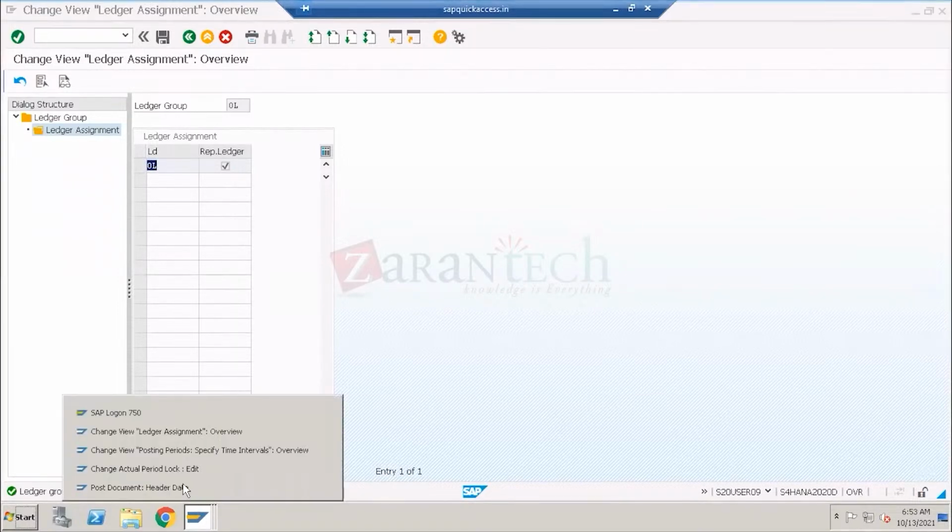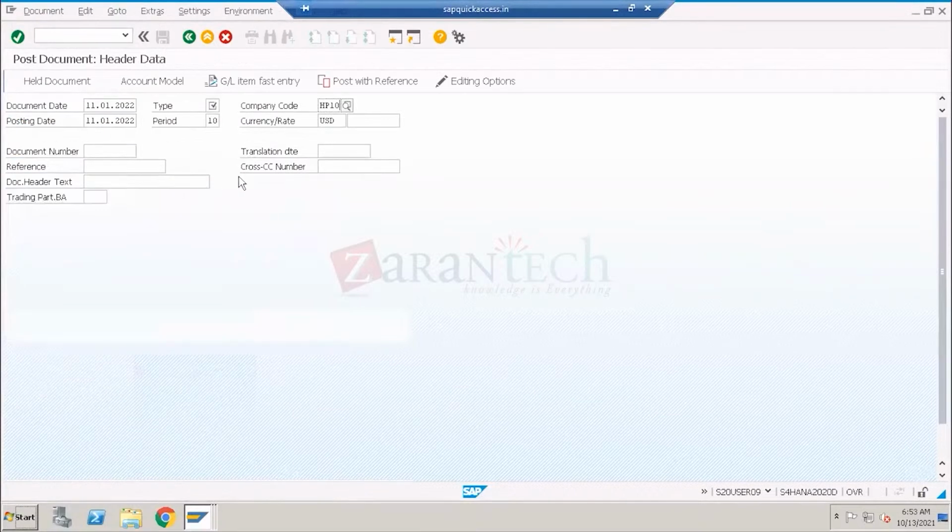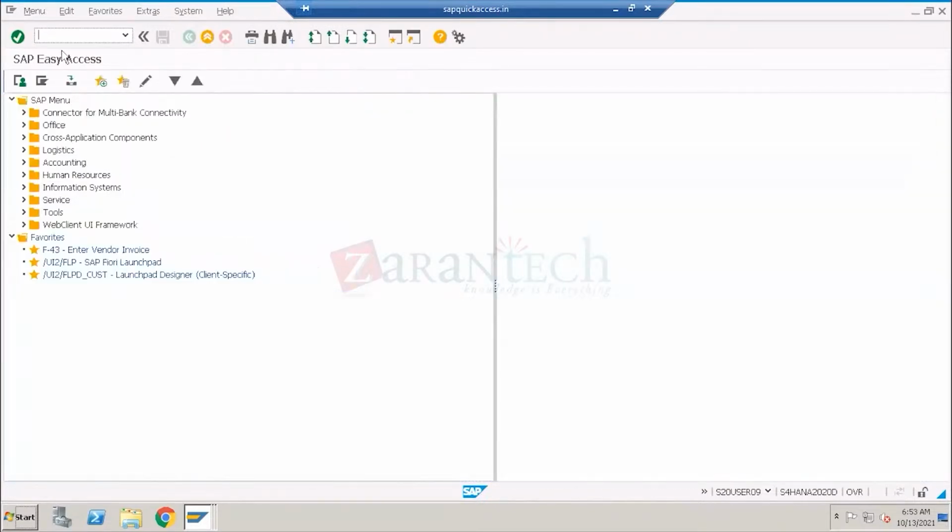So if I want to post any transaction which should not impact the L5, with posting done only for the OL, I have to use a different transaction, not FB01 or F-02. I have to use the transaction code FB01L. L stands for ledger. L always stands for the ledger. So I need to use FB01L, and if I press enter,